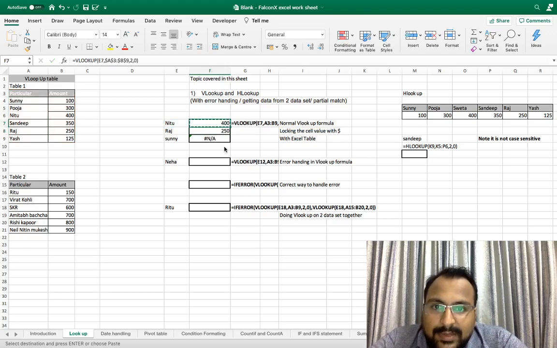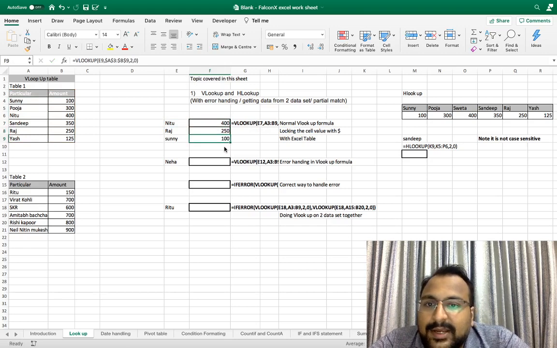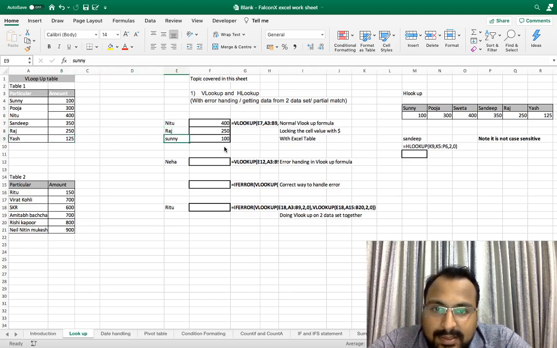Now if I copy paste, we are getting the answer, but this is also not good, or you can say this is the old fashioned way of writing this formula. For example, this type of fixing will not cover this scenario.